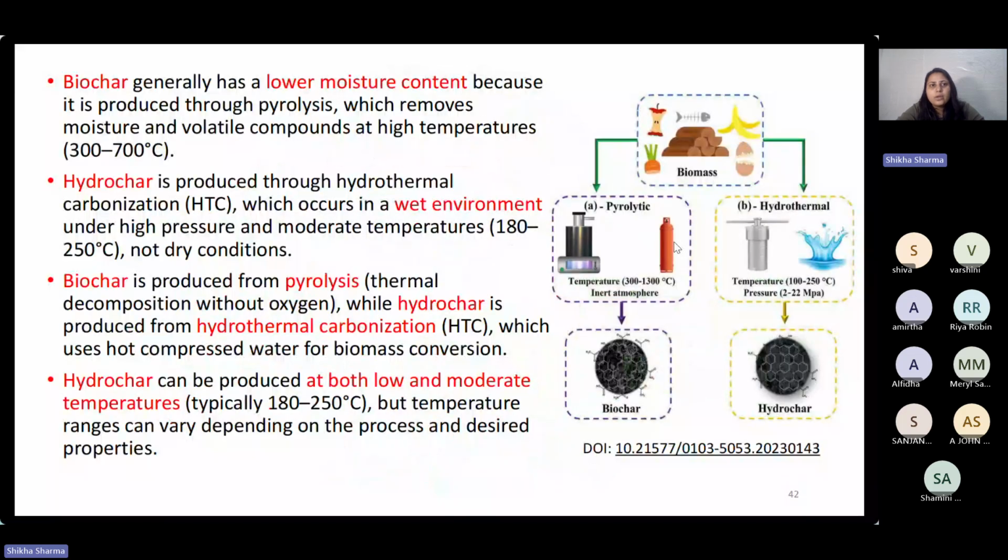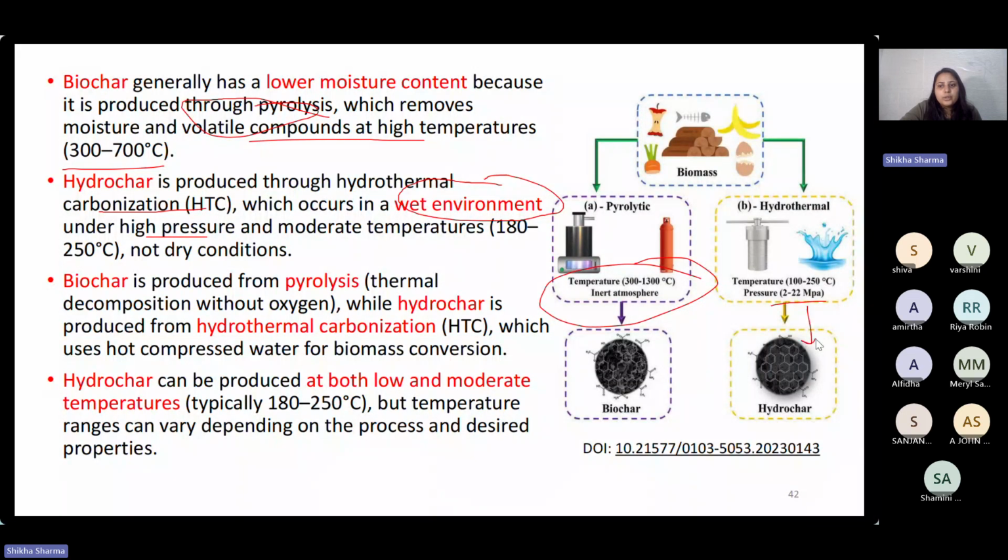And biochar has low moisture content because it is produced through the pyrolysis process, which removes moisture and volatile compounds because it is operated at very high temperature, around 300 to 700 degrees. And hydrochar is produced through hydrothermal carbonization, which occurs in a wet environment at very high pressure, with temperature around 180 to 250 degrees, but it will not take dry conditions. It uses wet conditions and high pressure, around 2 to 22 megapascal, to